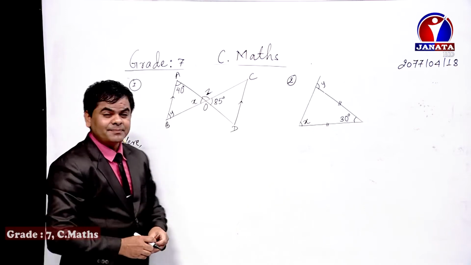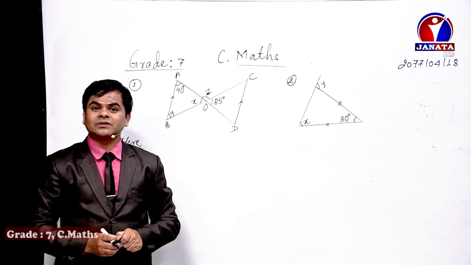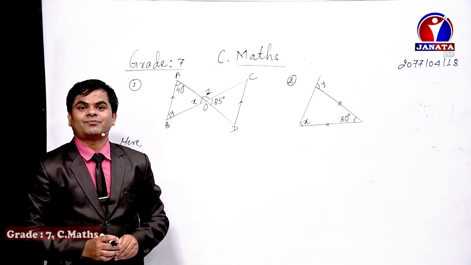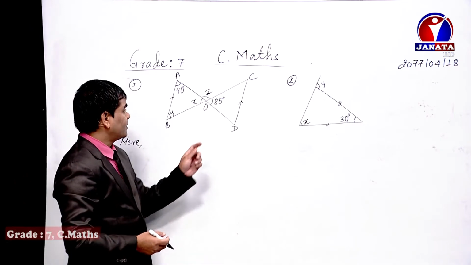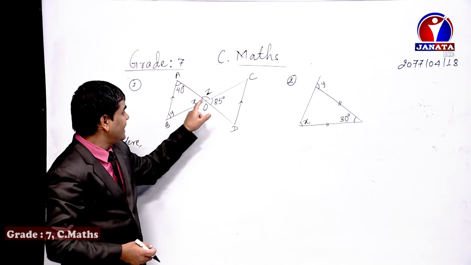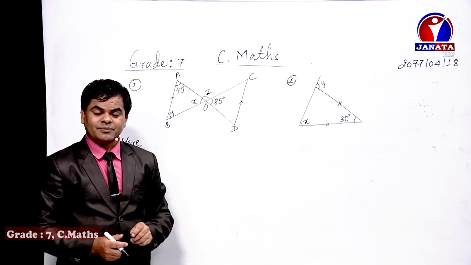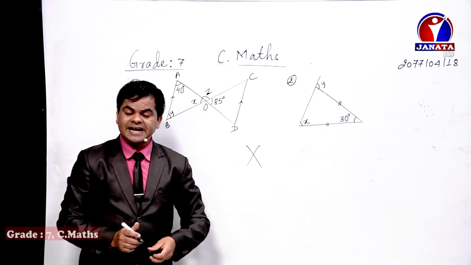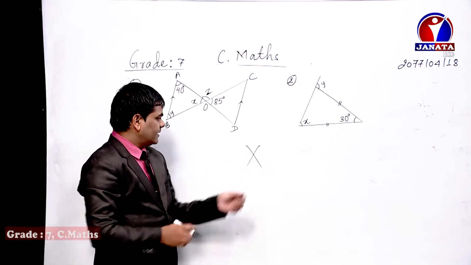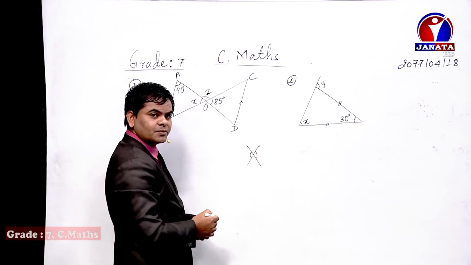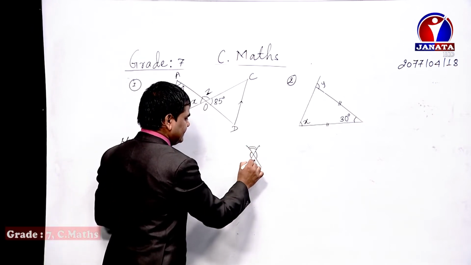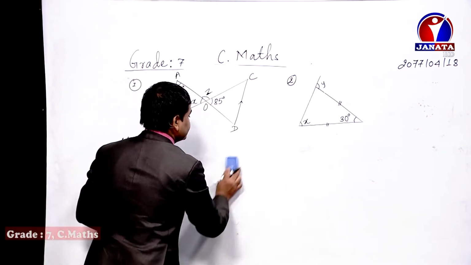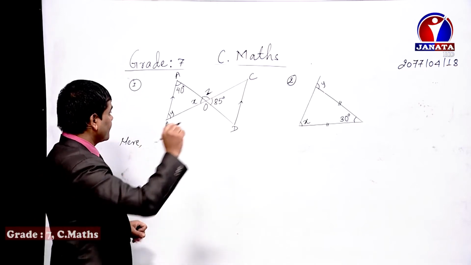In the very beginning of the geometry chapter, I had discussed the different types of angles. One is the vertically opposite angle. The vertically opposite angles are equal to each other. If you see, dear student, here is 25 degrees and here is X. These are vertically opposite to each other because those two lines are intersecting in this way, isn't it? If two straight lines intersect in such a position, then this angle will be vertically opposite to this one, and similarly this side and this side. The vertically opposite angles are equal to each other. So we can directly write the value of X as 85 degrees.